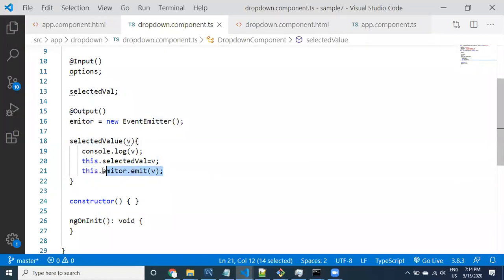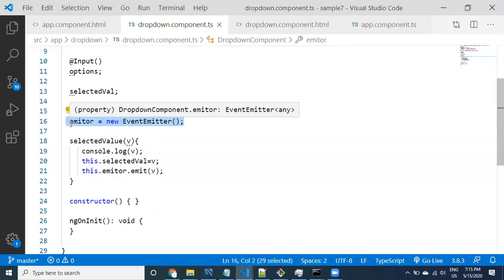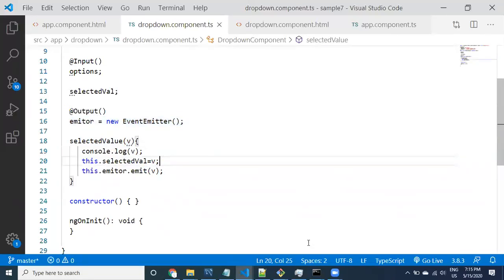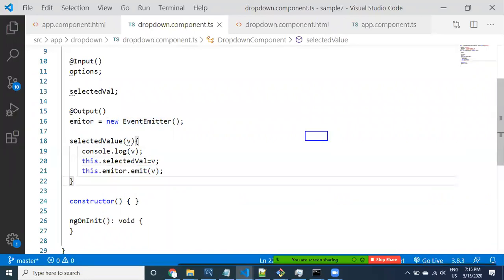So if you observe carefully, we are emitting the data through the emitter object. This is nothing but one event. Remember that this is the event, it's a kind of event. Now whatever data we are emitting, the parent has to handle it, has to take it. When the child component is emitting some data, the parent component has to get ready to receive the data.